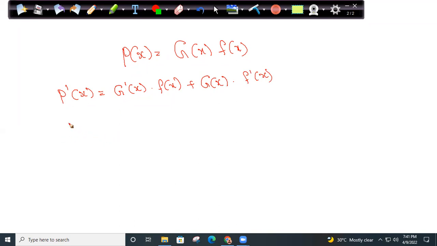But I need to find P dash of 3. So P dash of 3 is given by g dash of 3 into f of 3 plus g of 3 into f dash of